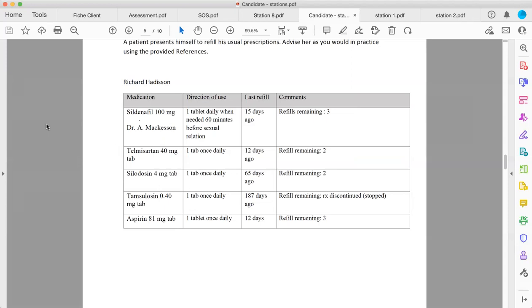What's your name? I'm Richard. Richard, and date of birth, just to make sure that I pull up your file. I'm 53 years old. Okay, so I can see on your file that you are taking telmisartan 40 milligram, one tablet once daily, that you filled 12 days ago, right? Yeah. Okay, and there's one other medication, silodosin 4 milligram tablet, one tablet once daily. You filled this medication 65 days ago, and you are still taking this medication, correct? Yeah, and there's a sildenafil, one tablet when needed 60 minutes before sexual activity,